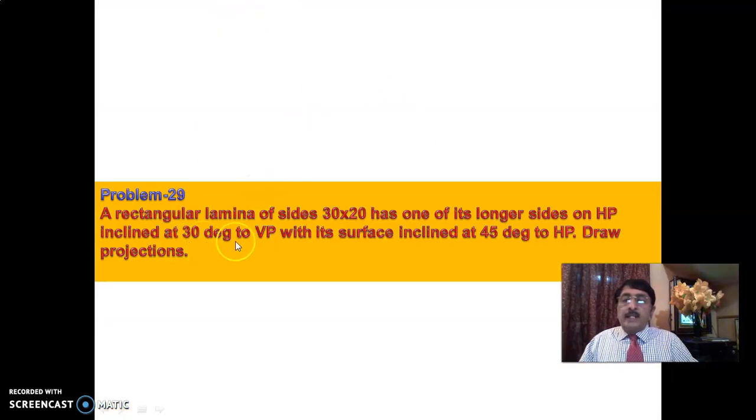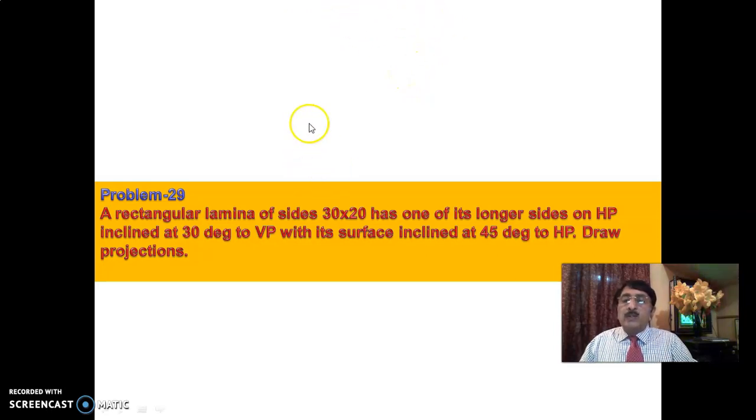See here, a rectangular lamina. So far I have told you about the triangular lamina, for which edge and corner positions are the same. For the square lamina, edge position is different, corner position is different. For the pentagonal lamina, edge and corner positions are the same, so you can make an edge on HP or a corner on HP by one position starting from the top view. And even the hexagonal lamina has both, edge position different and corner position different. So many things I've told you.